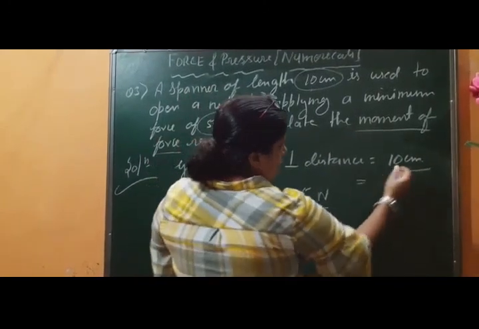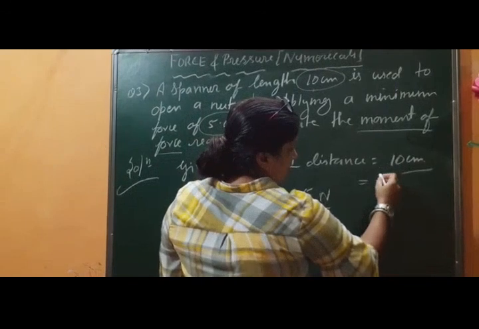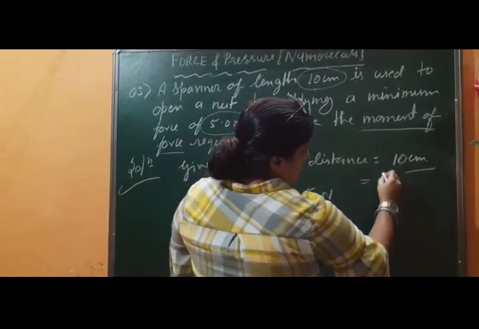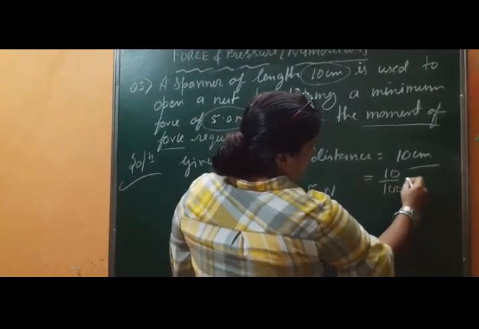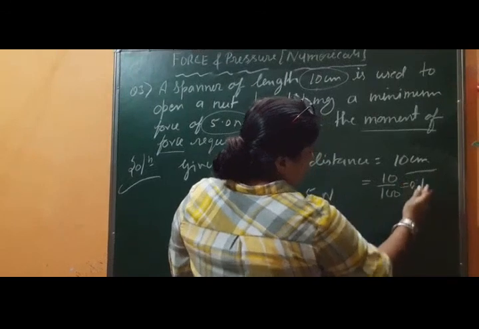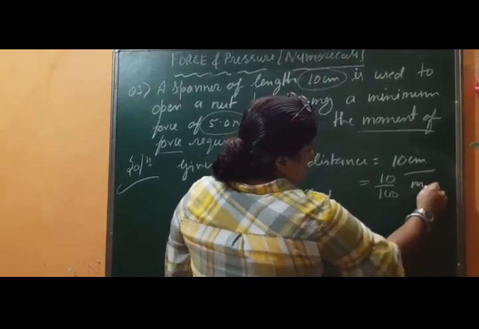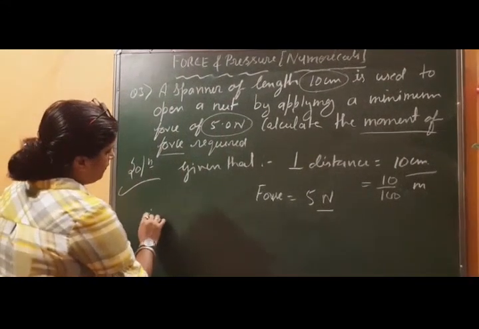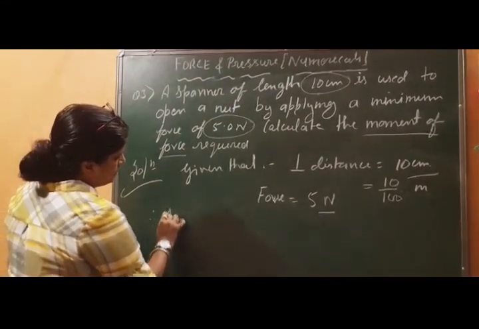So I am going to convert this into meter, from the CGS to the SI system. So it is 10 divided by 100, that is equal to 0.1, or directly we can use 10 by 100 meter, right? Now what we have to find out? Therefore, moment of force